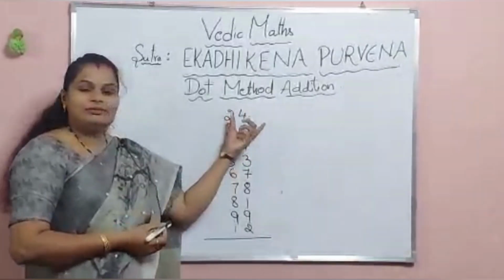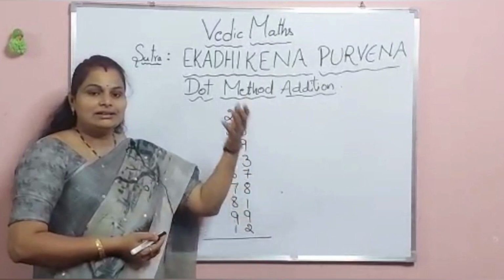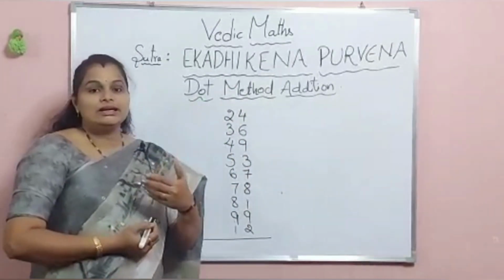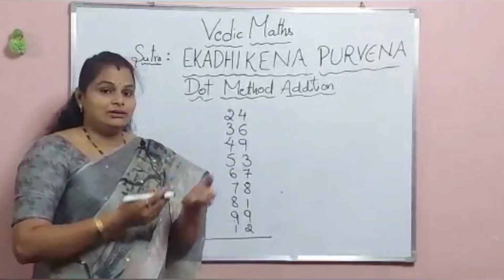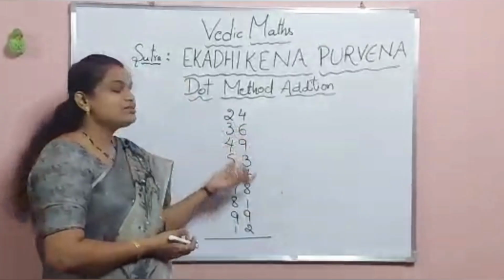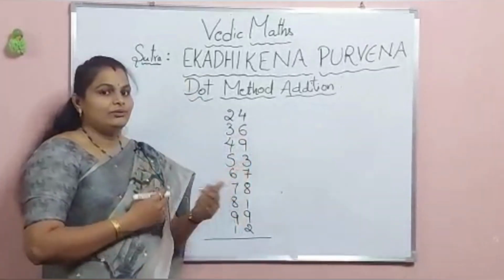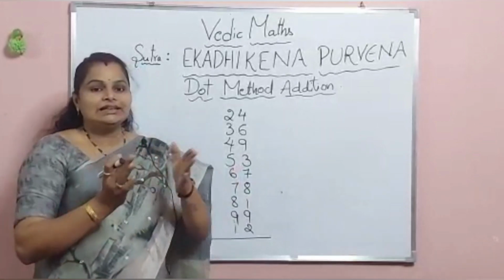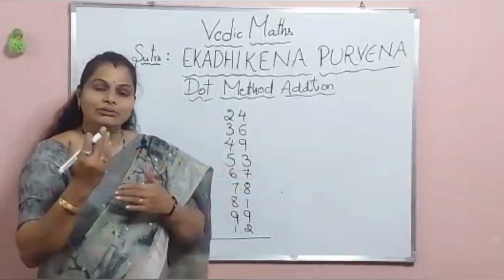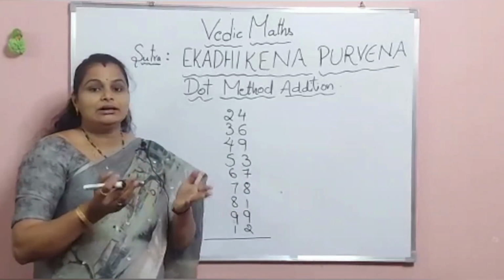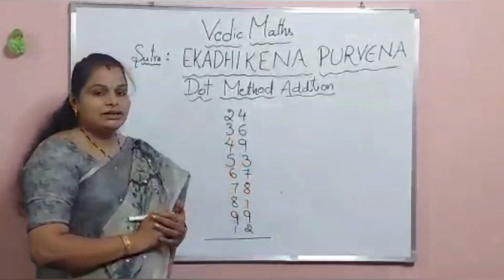This kind of numbers we can see in normal billing when we go shopping. If we purchase many items, you will get a bill in this format, right? If you apply this kind of calculation, you can check the bill, what you have purchased and what you have paid, whether they are both equal or not. So let's try this sum.